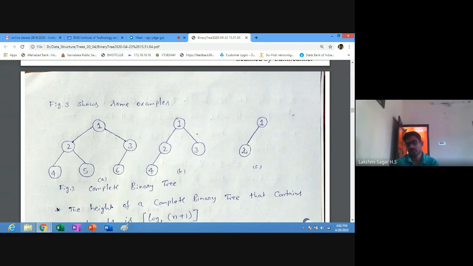2 into 2 is 4, which is greater than the number of elements in this binary tree. So how many elements are present? 2. Because 4 is greater than 2. So this node 2 has no left child.